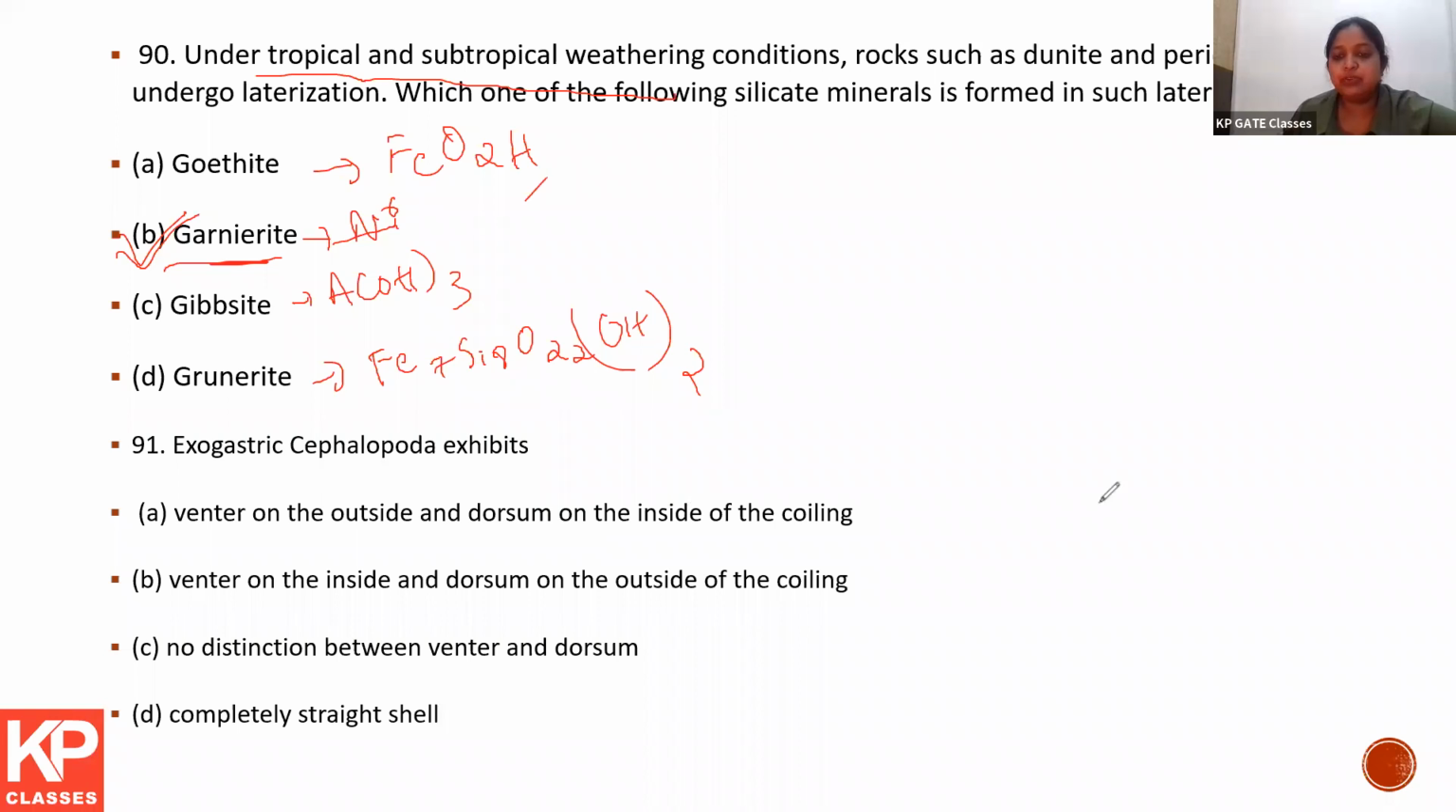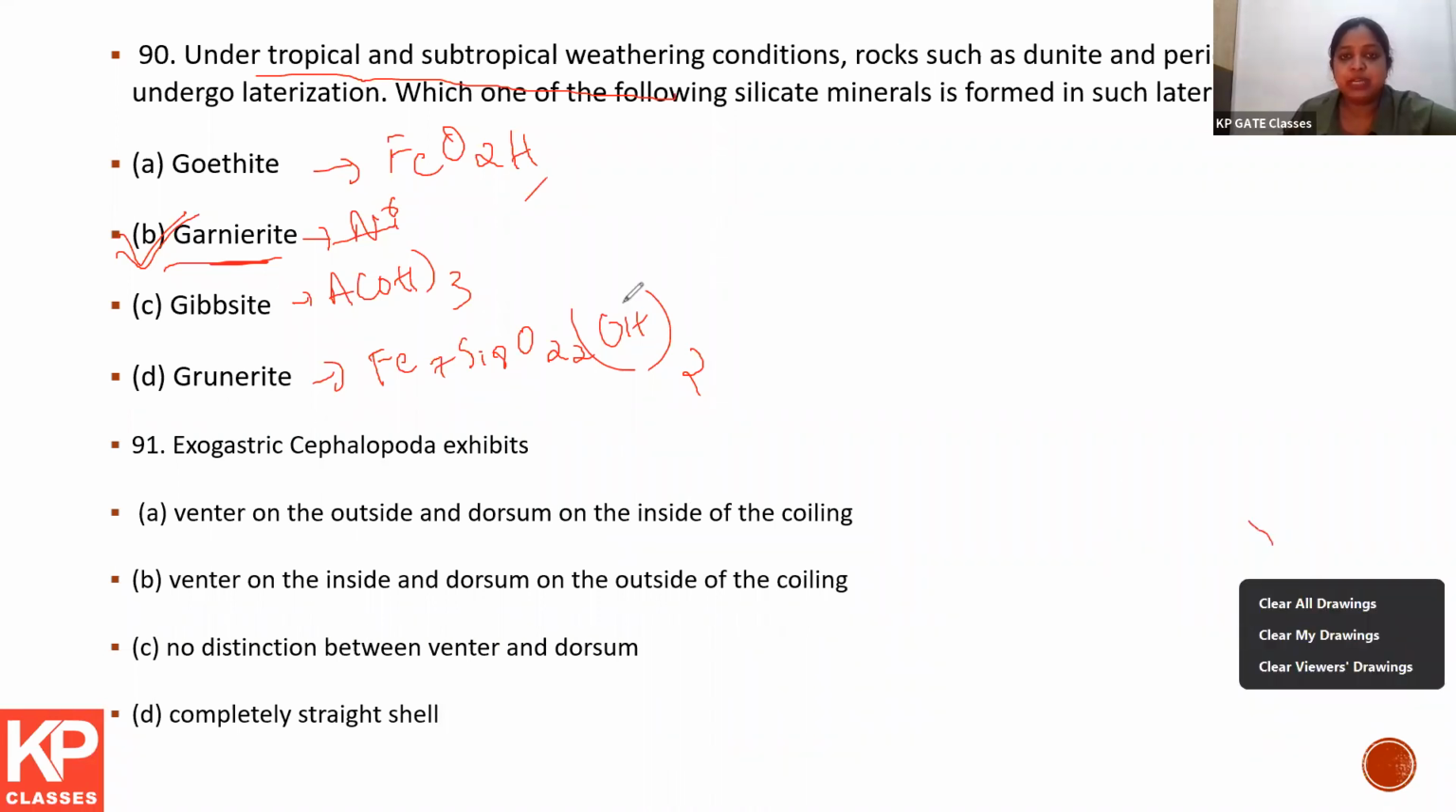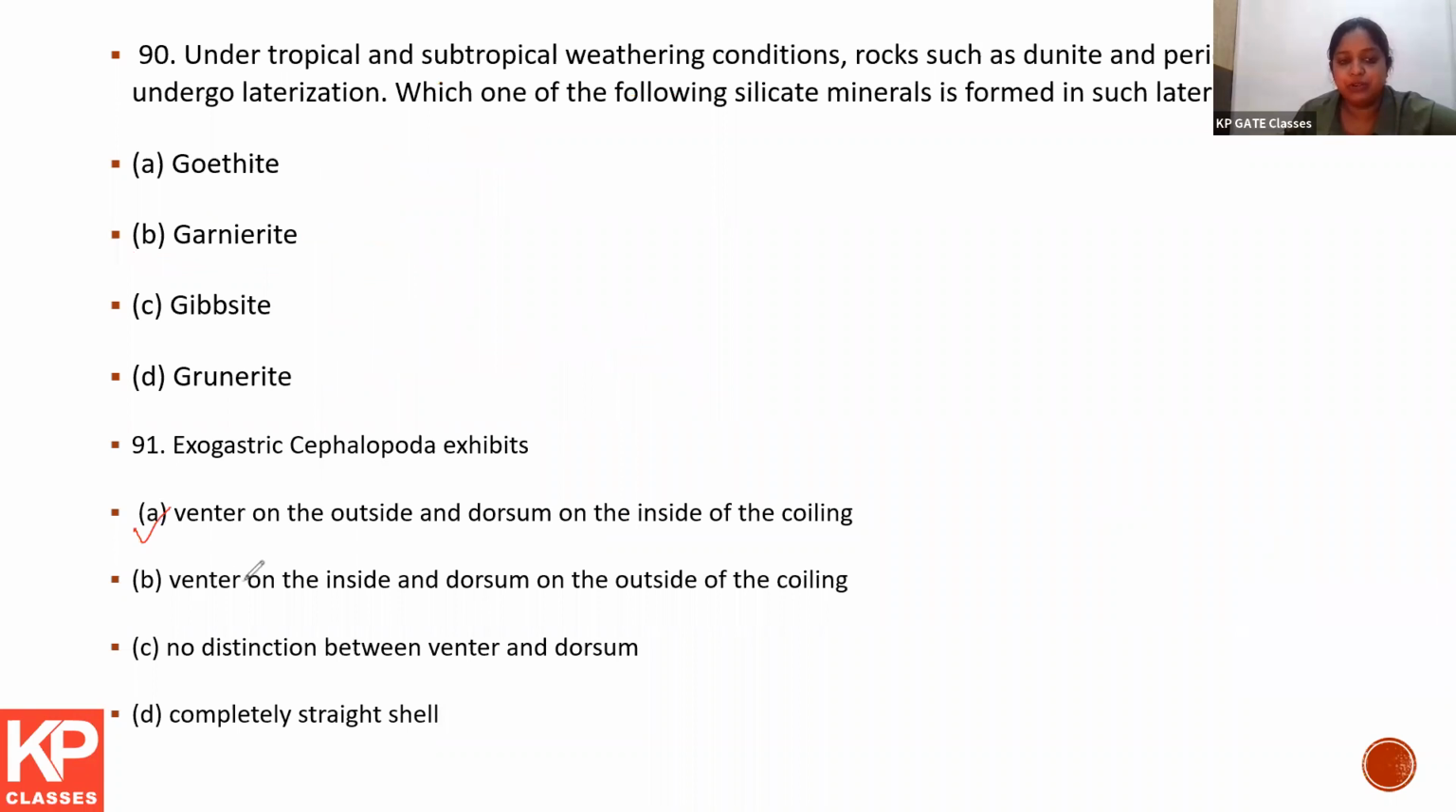Next one, exogastric cephalopoda exist. So the exogastric cephalopoda definition is they have their venter on the outside and their dorsum is on the